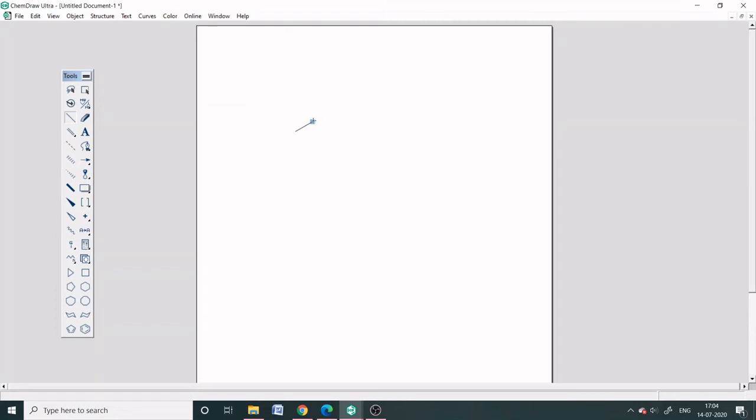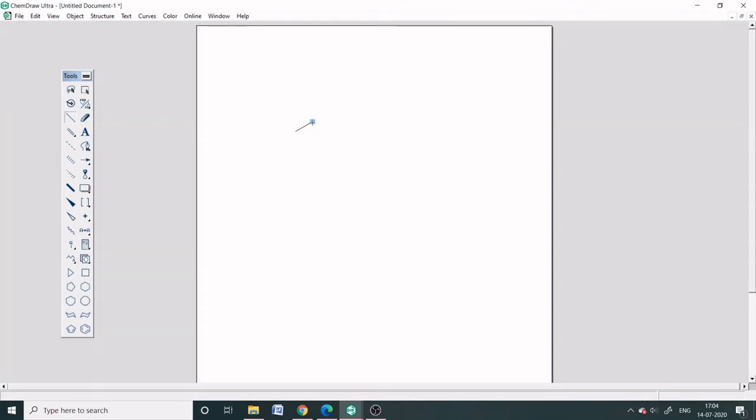ChemDraw knows that the valency of carbon is 4. Here it shows a single bond, which means CH3 at this end and another CH3 at this end. So this is nothing but an ethane molecule. We have drawn the ethane molecule.